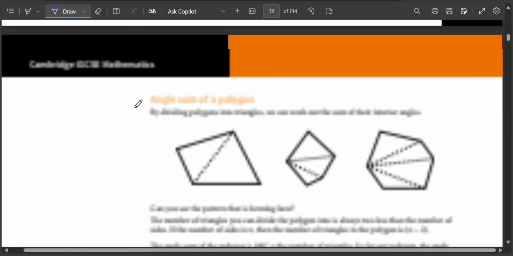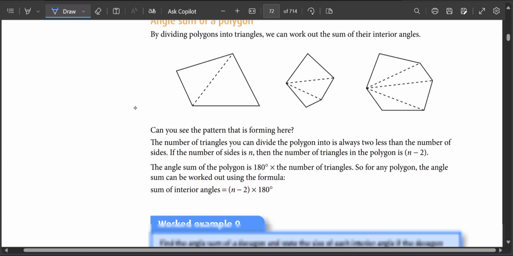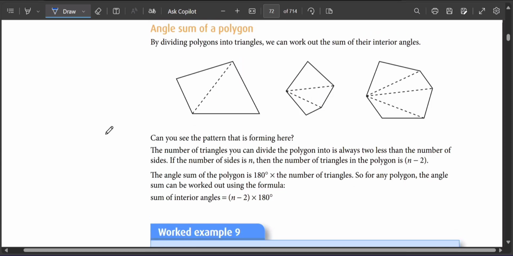So, angle sum of a polygon. Every polygon can be divided into triangles. Like this is a quadrilateral, we can cut it and have two triangles within, right? Similarly, in this shape we can have 3 triangles, and in this shape we can have 4 triangles. So basically the pattern is, however many sides there are,